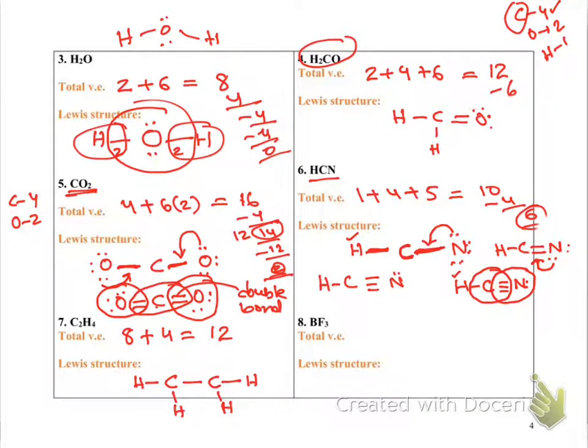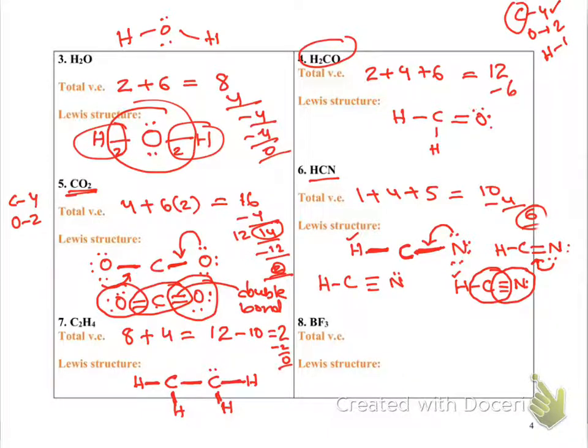So we did that. So how many electrons did I use? 2, 4, 6, 8, 10. 12 minus 10 is 2. So we are left with 2 electrons. Now each hydrogen is already stable. So I can put the leftover electrons here, and now I don't have any electrons left.